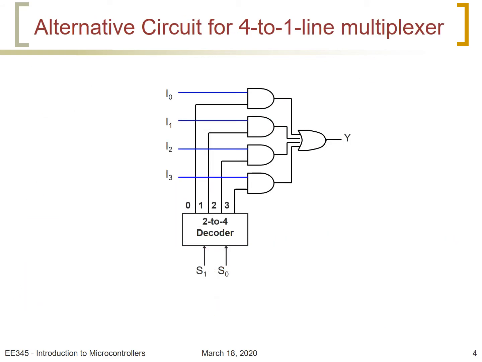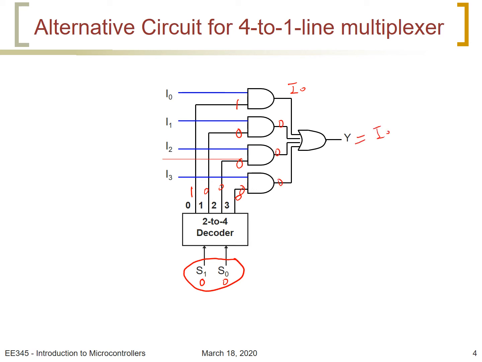If we notice, the multiplexer can be drawn as follows, as an alternative to what we have seen. If we pass S1, S0 to a decoder that we explained earlier, of course, if these are 0, 0, this will be 1, and all others will be 0. And if that is 1, this will be 1 here, and this will be 0, this will be 0, this will be 0, which means this will be I0, this will be 0, 0, 0, and Y is equal to